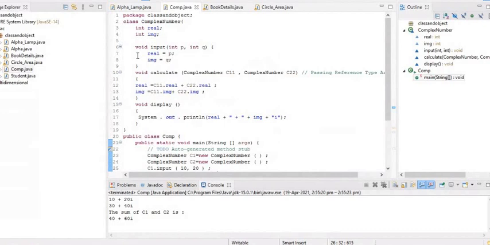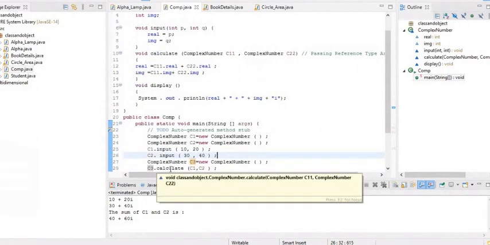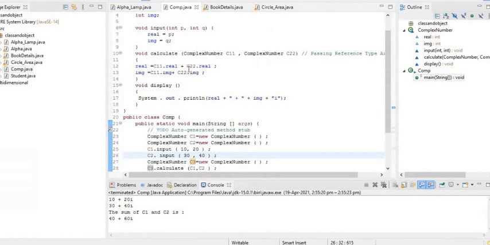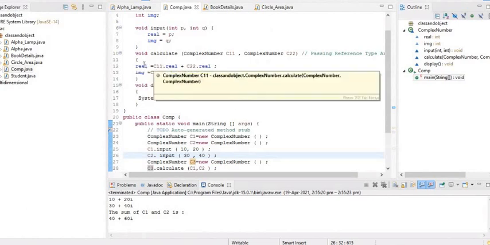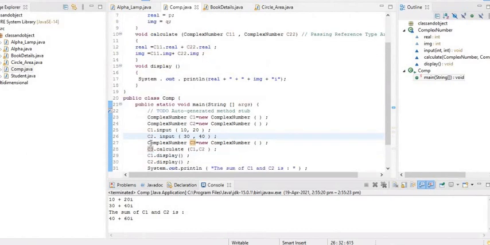But look at the calculate method. Who has called? C3 has called. So if I want to access the real and imaginary values of C1, I can write C11.real, C22.real, but for C3, I will not write C3.real, I will write only real.